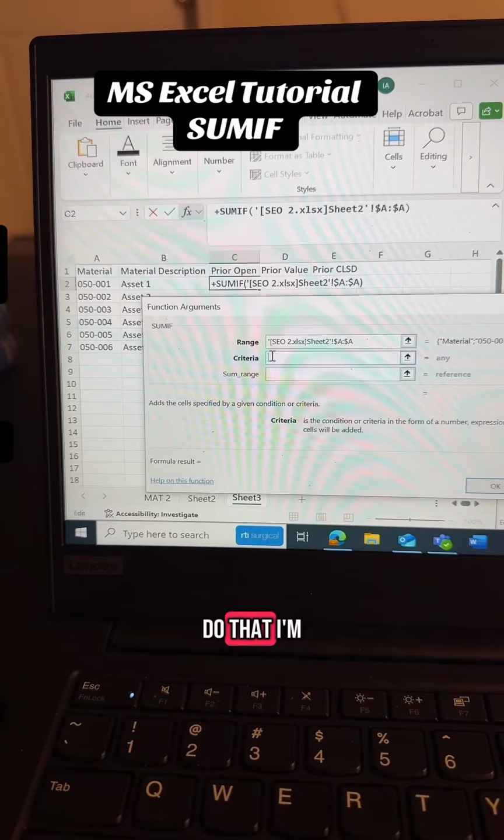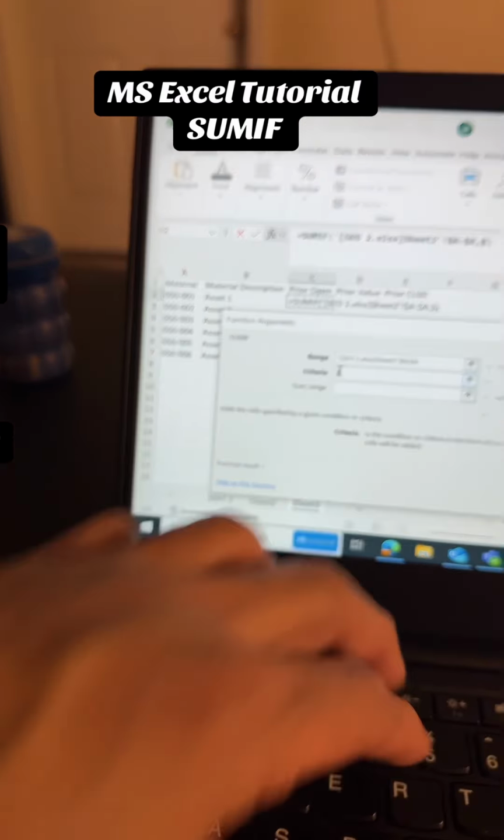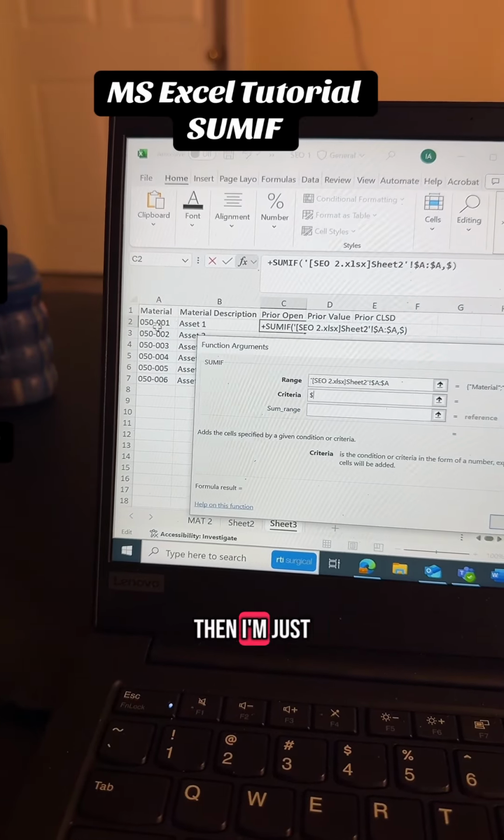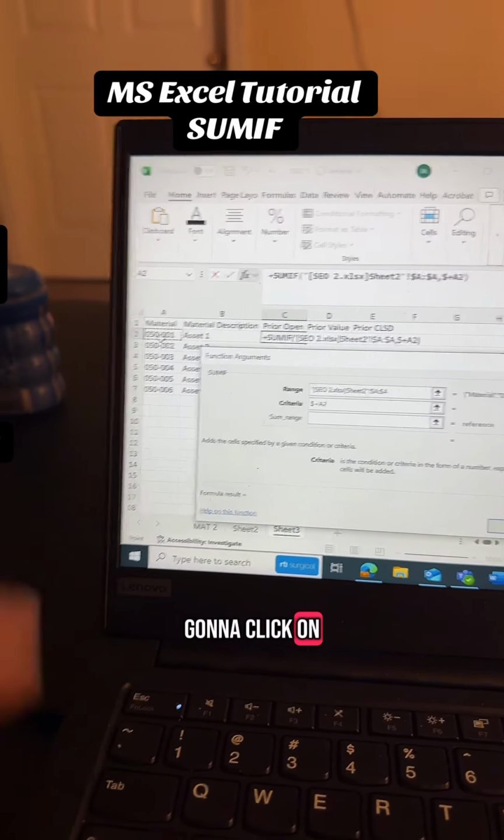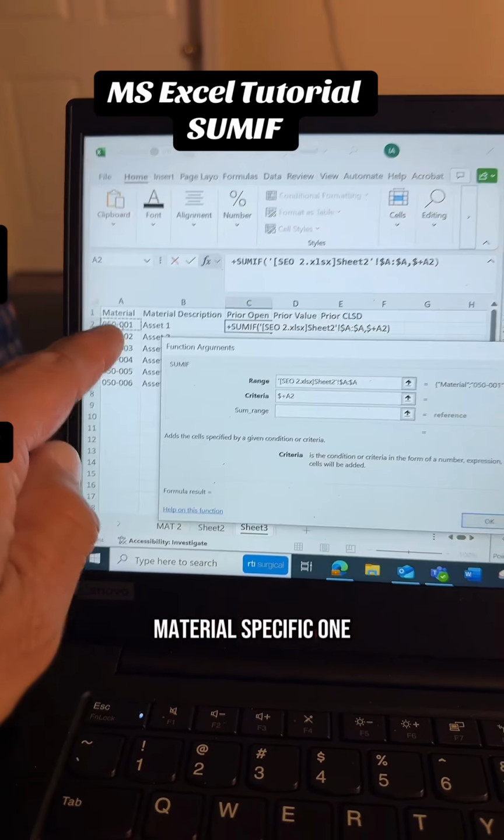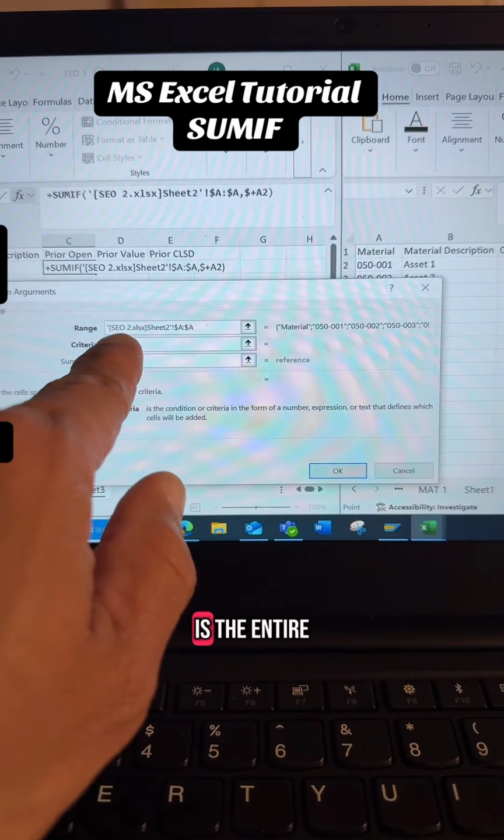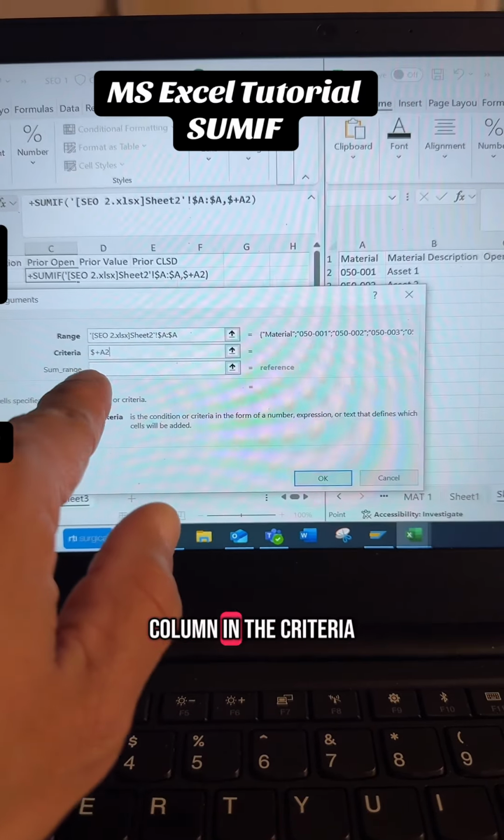So before I do that, I'm just going to drop in the $sign, and then I'm just going to click on the material, the specific one, so you can see. So it's a little different right here, right? As you can see, the first one is the entire column, and the criteria